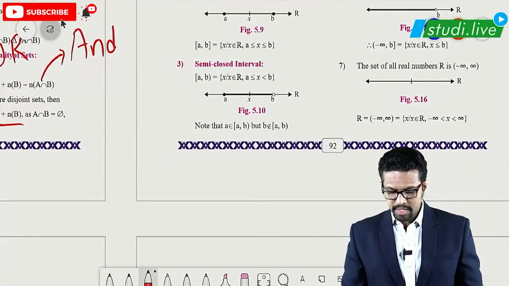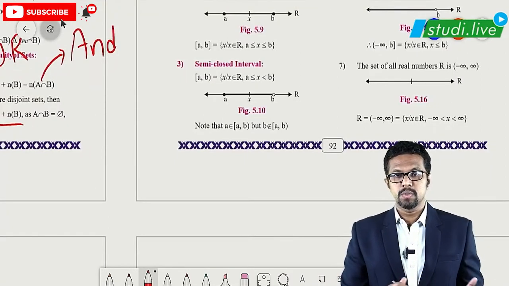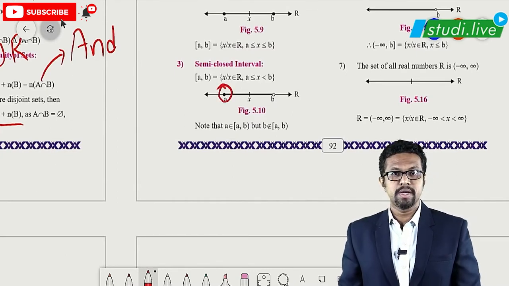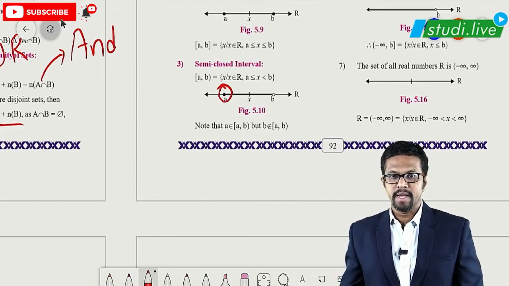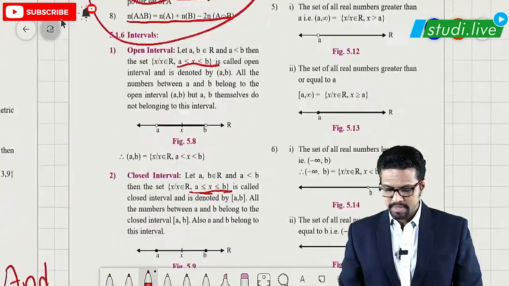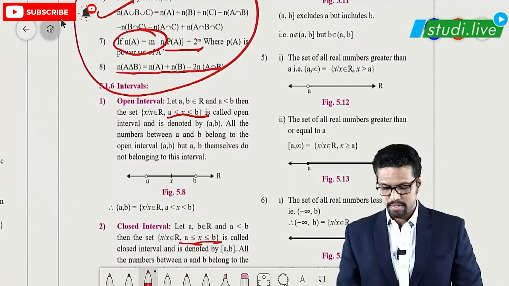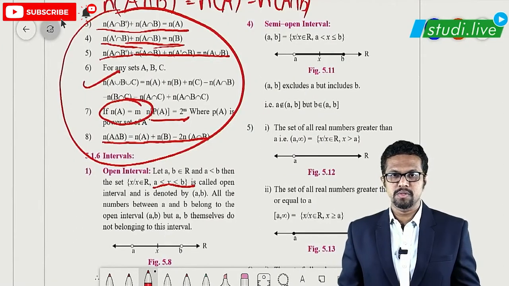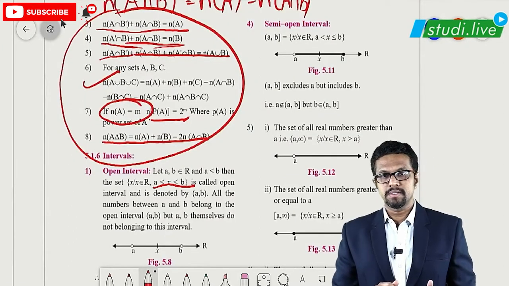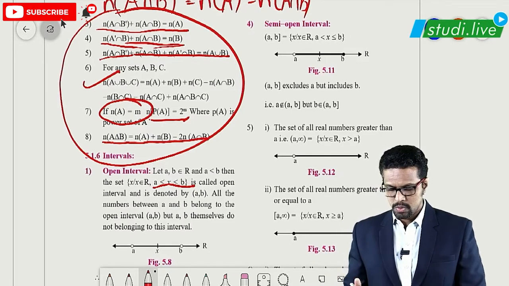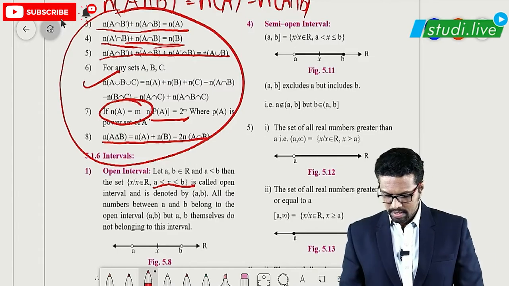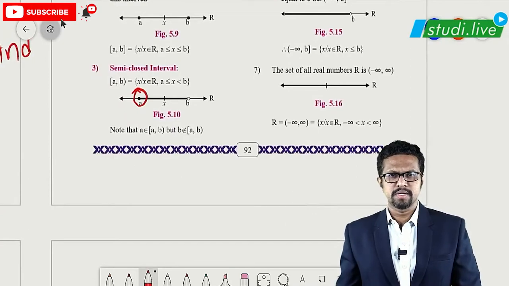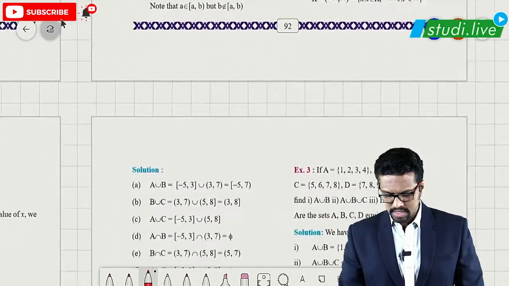Okay, semi-closed interval, that means the first value is included but the last value is not included. Okay, the value at the start of the interval is included but the value at the end is not included. So that means it has got a lower bound but it does not have an upper bound. Same way, semi open interval, that means the first value is not included, or the lower bound is not included in the set, but the upper value is included. Okay, so it is a semi open interval. And there are infinite sets also, the set which goes to infinity. So there are these type of intervals as well.